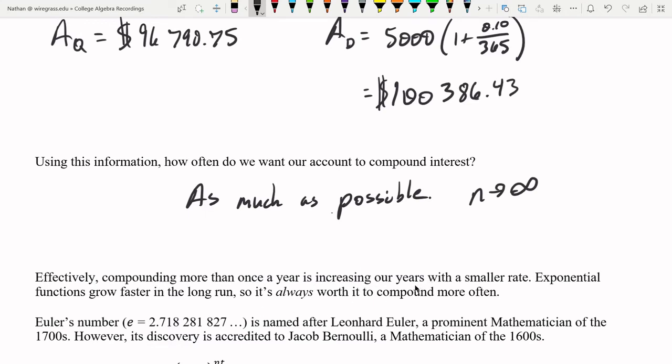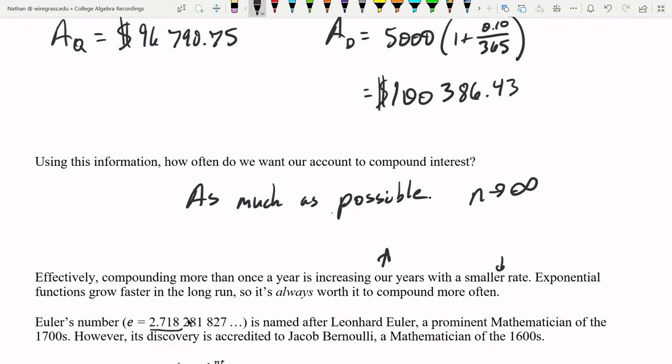So just really quickly, the reason why you get more money is because effectively what you're doing is you're increasing how long you're leaving your money in there for, with a smaller rate. That's what the compounding effectively does, it increases our years but with a smaller rate. However, exponential functions grow faster and faster in the long run, so you always want to compound more often. And as n goes to infinity, we need to know what this number is here. This is Euler's number,